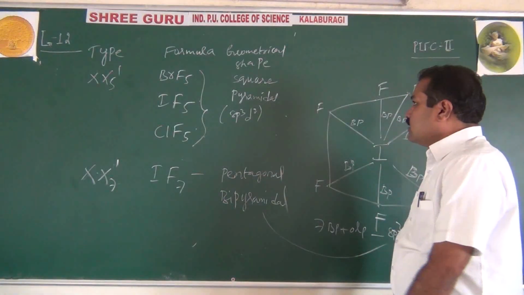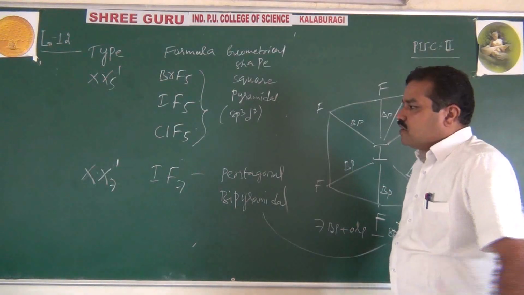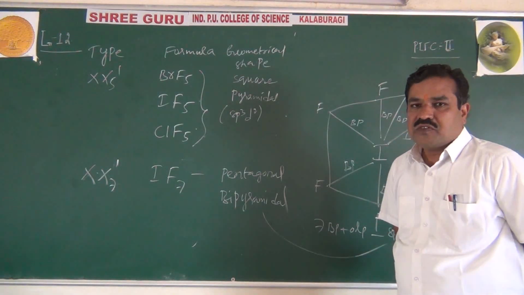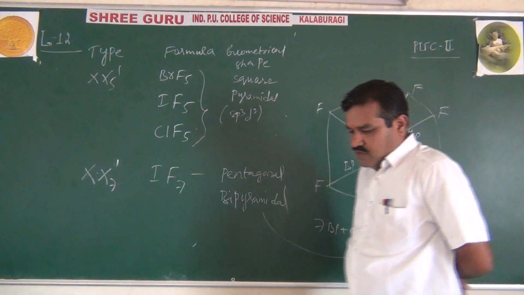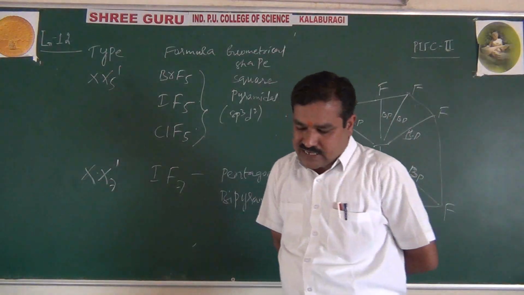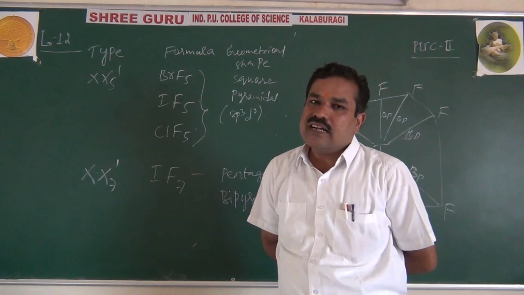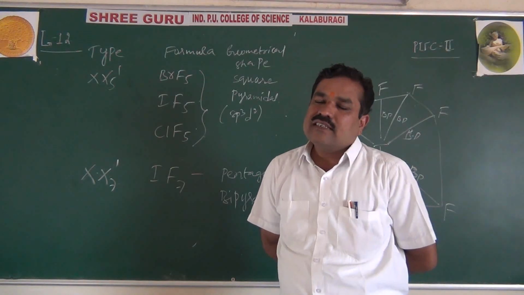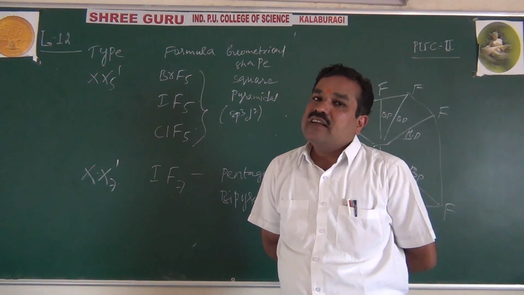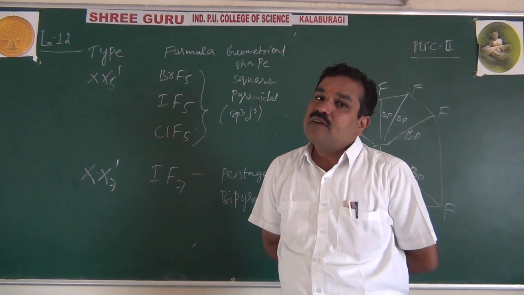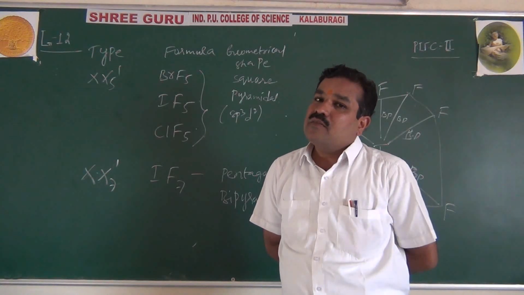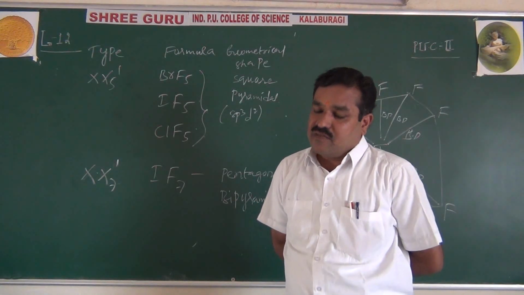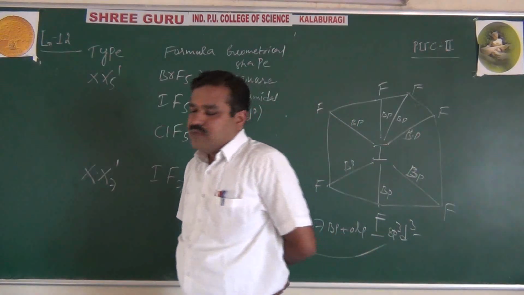Right? So like this, this is the completion of interhalogen compounds. Okay, students, remember all these interhalogen compounds: XX dash, XX3 dash, XX5 dash, XX7 dash. XX dash linear, XX3 dash bent T shape, sp3d, XX5 dash sp3d2 that is square pyramidal, XX7 dash pentagonal bipyramidal, sp3d3 hybridization. Very important for NEET purpose.